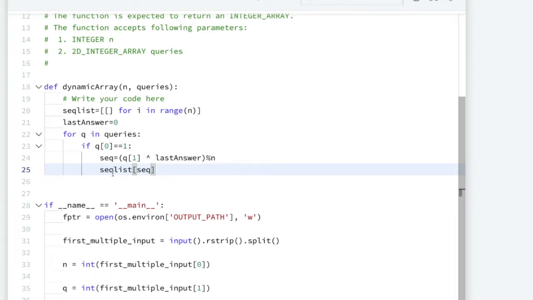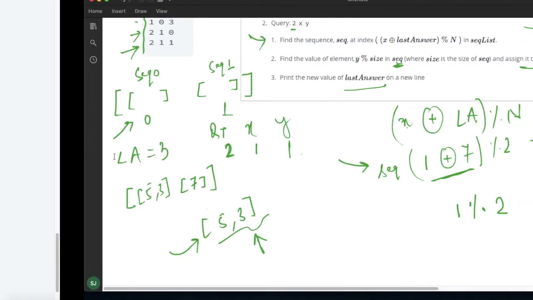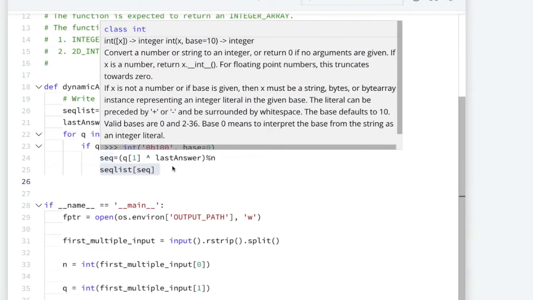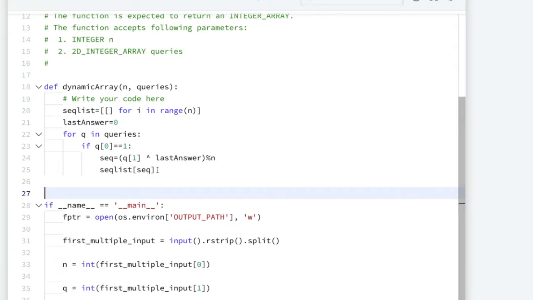So we selected the sequence from the sequence list. Here we got the value initially, suppose 0. So we have to select the 0th index of the sequence list, and in that list we have to append the value. So now we selected the internal sequence list.